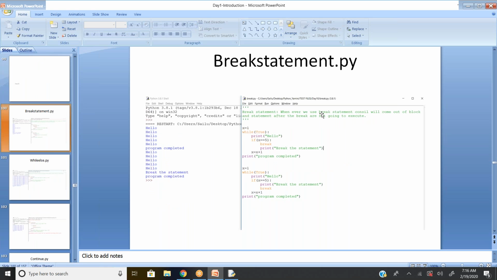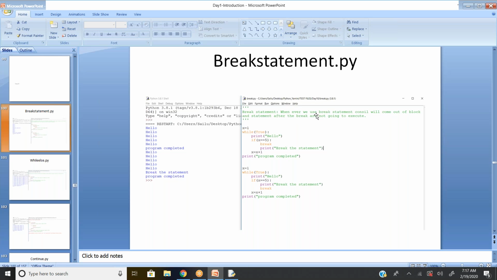So what is happening? For example, there might be a chance you're supposed to work in such a scenario. You are going to run an infinity loop. Infinity loop means there is no end for that. It will continue till you kill the program. I want to break the program whenever a certain condition is satisfied. So I want to execute 1 million records or 100 petabytes of data. Wherever my first record is satisfied, some record is satisfied, I want to break my program search. In those scenarios, I can go for the break statement.